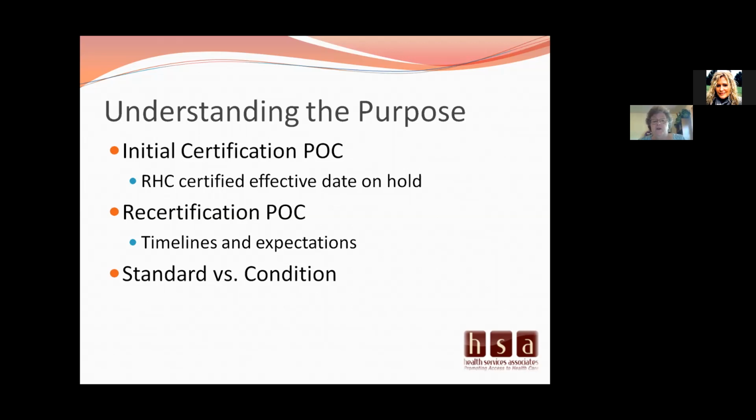So for the initial certification, again, you'll be put on hold. Recertification, if you ignore it, you can risk decertification as being an RHC. There are timelines that you need to be aware of.